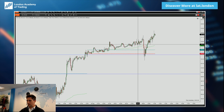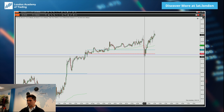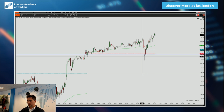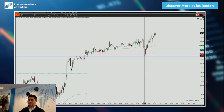So we started positively through the start of the European session, having a move up into around 9 a.m. We saw some inflation data come out, a bit of volatility in the markets. Oil just slipped off those highs, dipped back down towards that region we'd previously mentioned. If I just steal that line slightly lower, you can see a nice support level also. Previous resistance once, twice, three, four times, broke, became support, dipped into that level, and with the ongoing fundamentals,